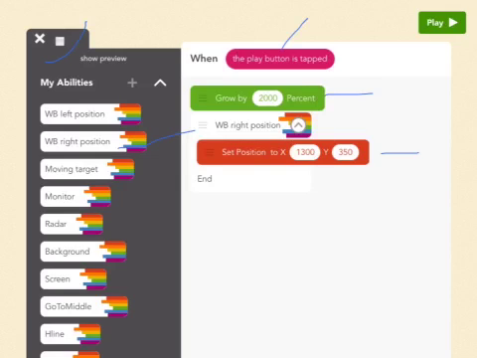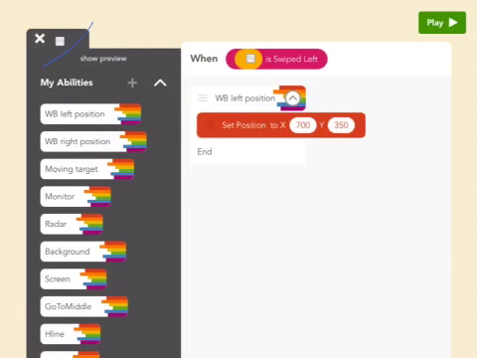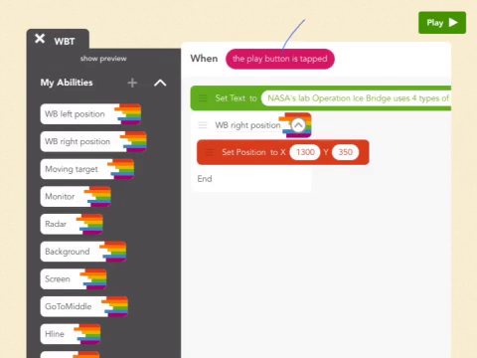so it's barely visible. When we swipe our whiteboard to the left, we make the entire whiteboard visible by positioning it to the left at 700, 350. So the entire whiteboard is now visible. When we swipe our whiteboard to the right, we place it very far to the right, so it is barely visible again. When the play button is tapped, we have the whiteboard text, which is set to the text you want to write, and it follows the position of the whiteboard. So initially it is at